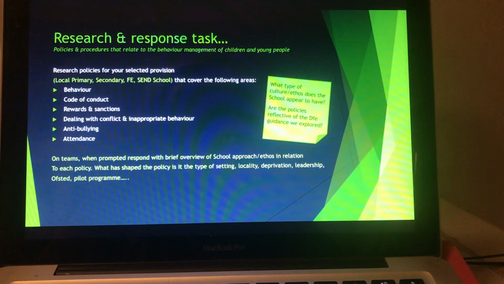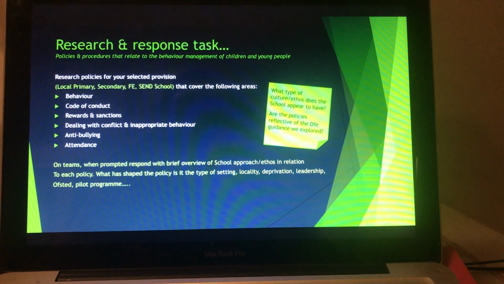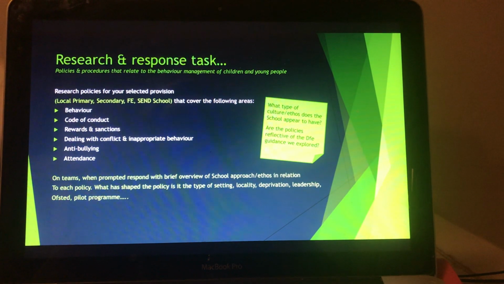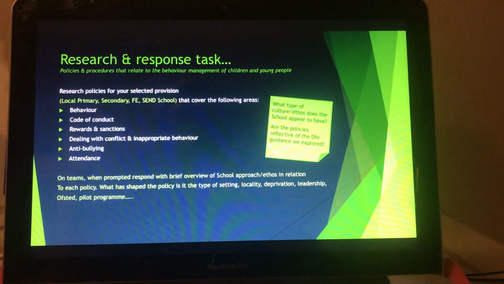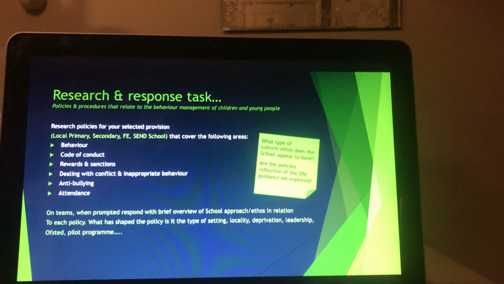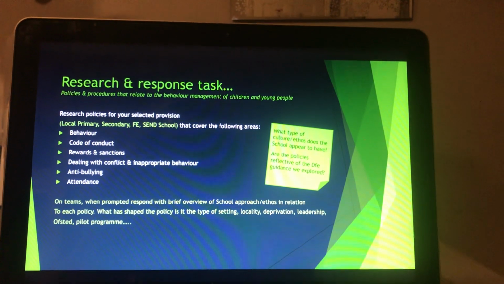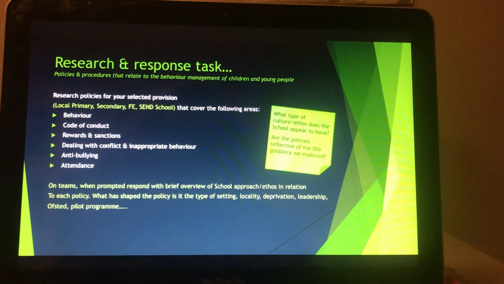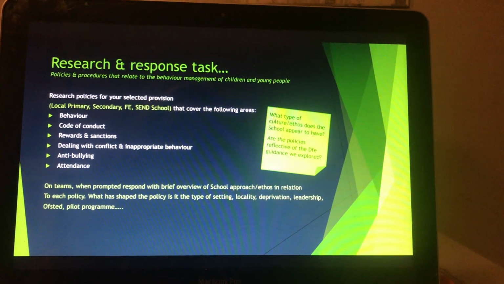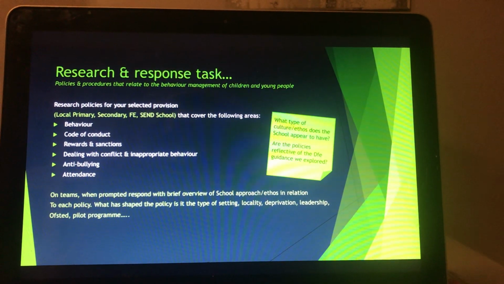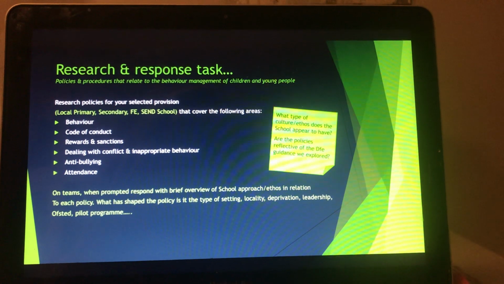But this basically means that you've done your reading and research of relevant policies and you're going to be able to respond to that because you've already discussed it with your peers as well. So fingers crossed, this is a nice way of getting the work done and also getting us to do some deep reflective thinking on how our policies and procedures actually demonstrate an ethos of the school when it comes to how the school feels on promoting positive behaviour.